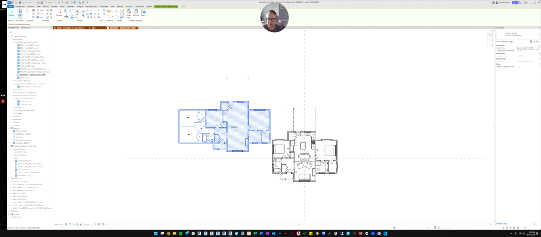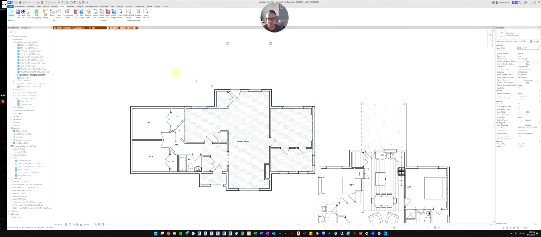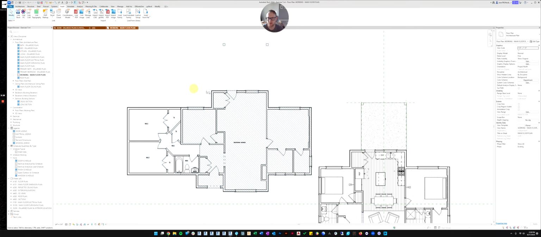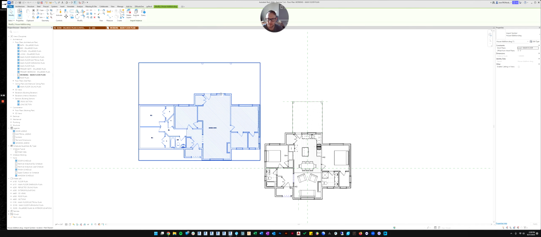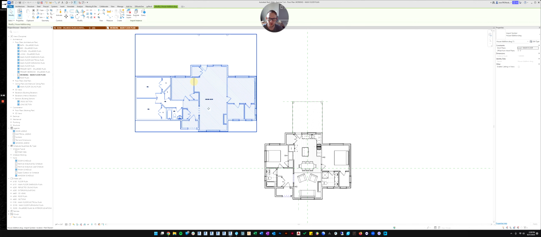To unpin it, you can just click on this little icon and you can see it shows a pin with an X through it. And now I can move it around. Or you can go up here and hit the unpin button, which is right above the pin button. So that might be good for you to know. That's kind of like a tip or trick. So our CAD file is unpinned, and we're free to move it around.